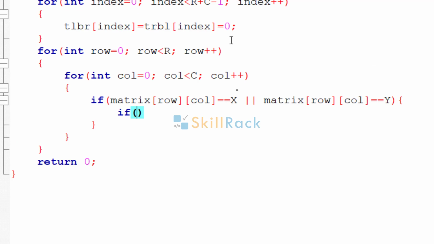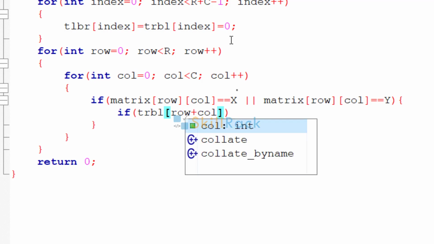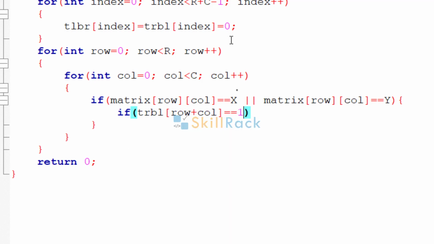So we are going to check. First we are going to check whether such an element has already occurred in the top right to bottom left. So if it is equal to 1, right, then we are going to check in the top left to bottom right.